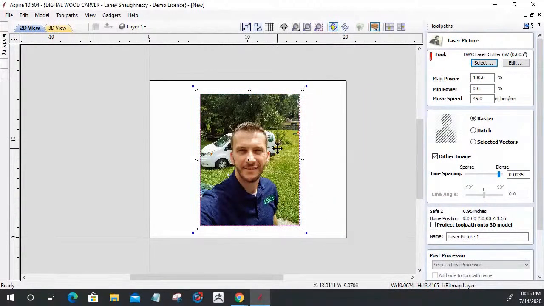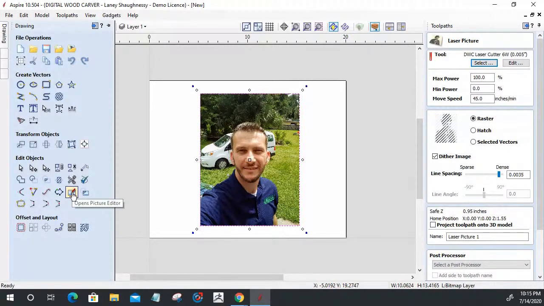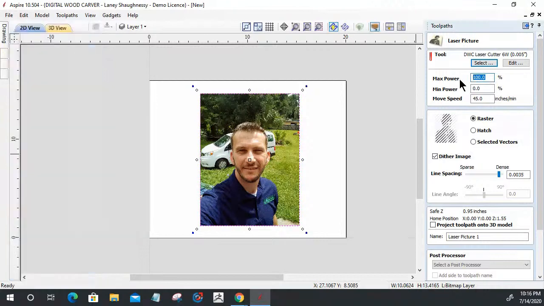All right, so now we have the option in our tools over here to work with a picture editor, if we need to change anything or grayscale it or anything like that. But it's not necessarily required. In our settings here, for you guys and girls that do own the Digital Woodcarver laser, your power settings are 1 to 10, right? Well, in the laser module, it's 0 to 100. It works on percentage. So let's say on my maximum power, I'm going to go 80%. And my minimum power off, basically 0. And my move speed, I'll travel at